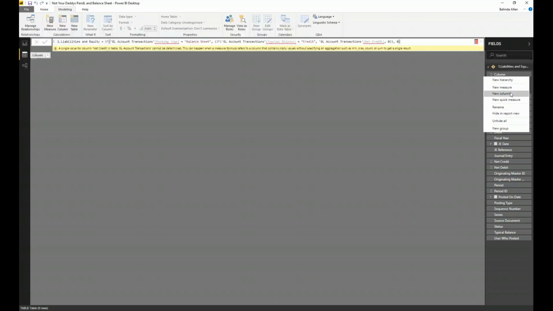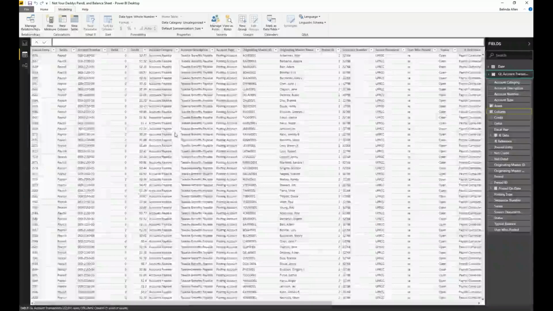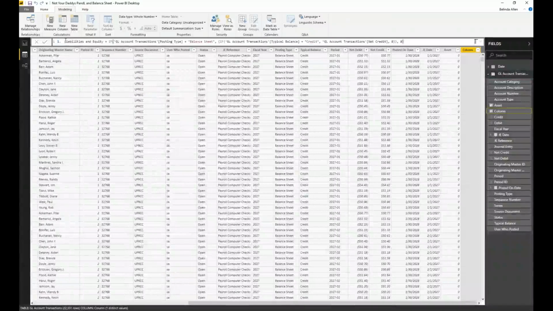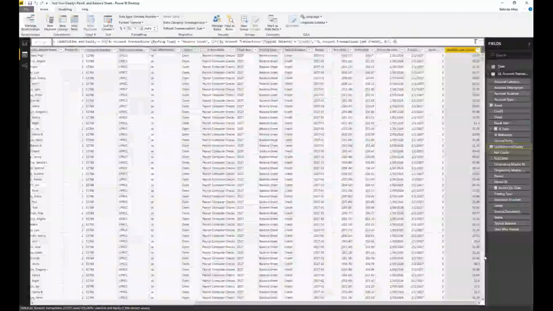Let's click there, and I tried to add, I don't know what I tried to add here. Let's come up and undo. There we go. So let's click back on this table. Go to column. And now I'll click there. Now I have my liabilities and equity.